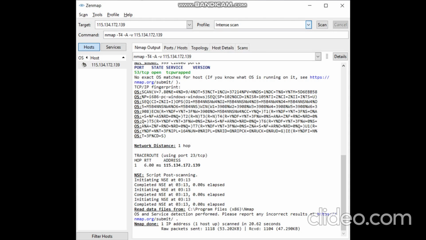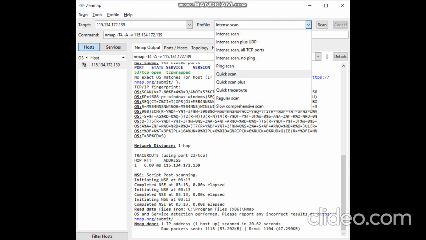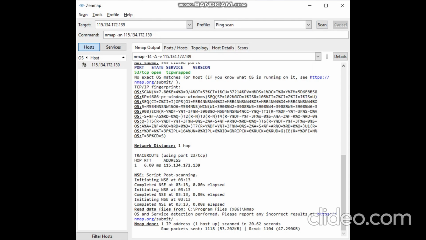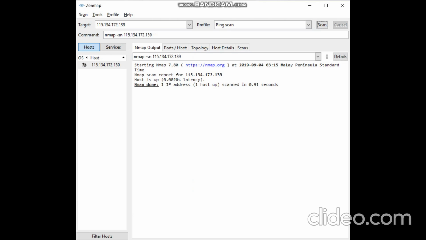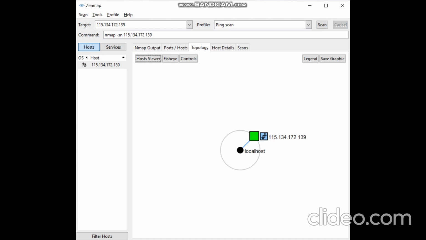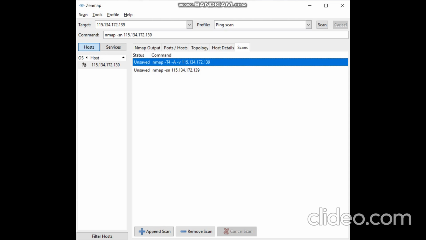I'll show you another example. For example, if I do a quick scan, or no, I'll do a ping scan, and I'll press scan. So it will start scanning again, and let's wait for this. Oh, it's done already. One IP address scanned. And from here you can see almost about the same thing,